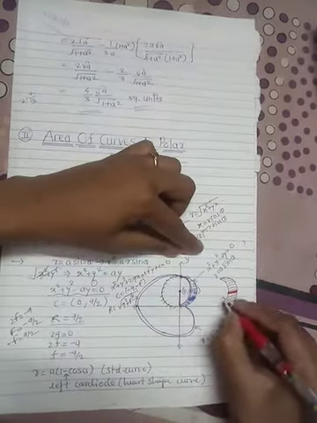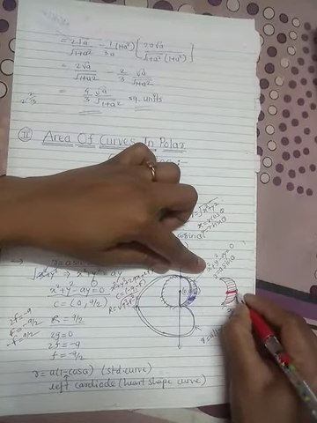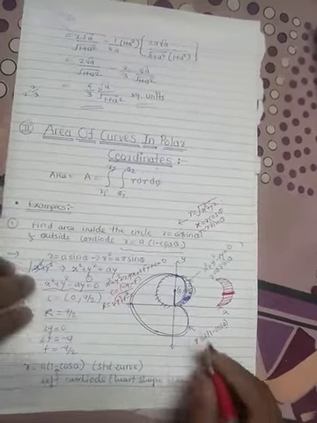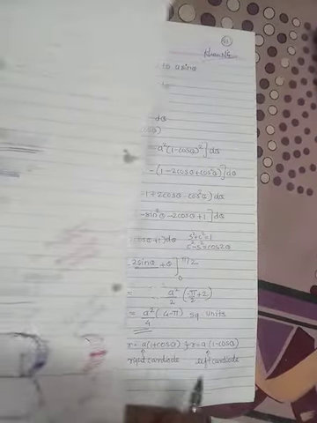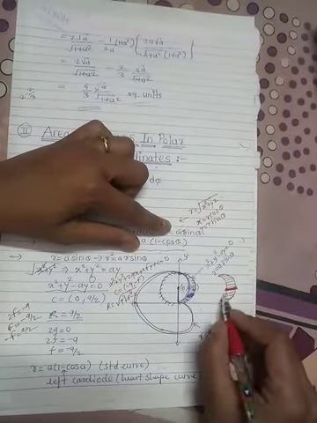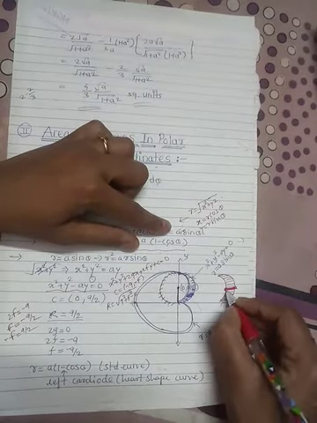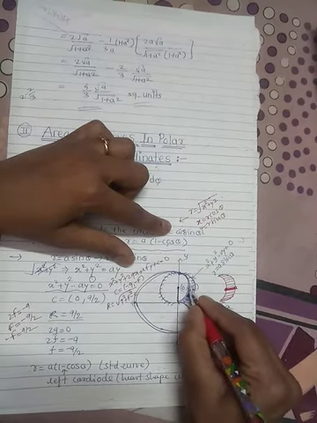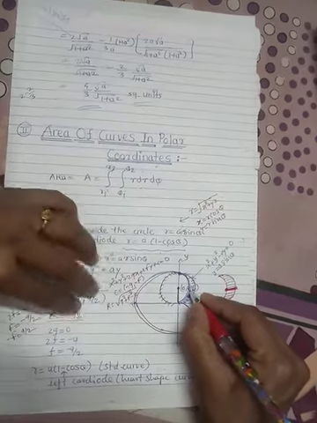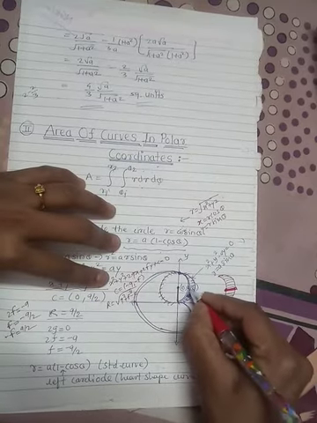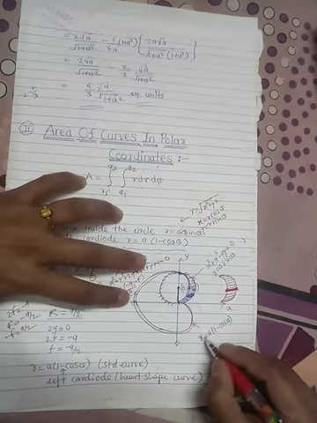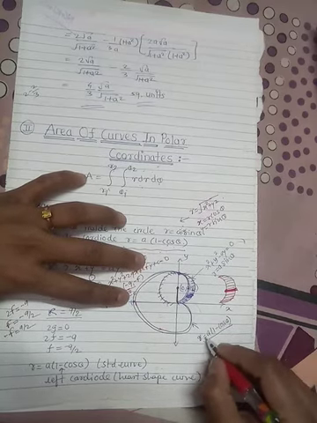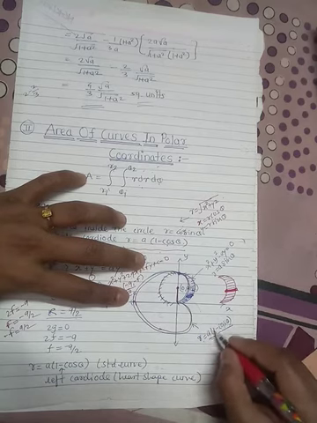Now at the end point of this radial strip, we get the r values. So here, this end is your lower limit of r, this end is your upper limit of r. This end is your lower limit and this end is on the cardioid, the heart shape curve. The heart shape curve has the equation r equal to a into 1 minus cos theta. So the lower limit of r we get directly from this equation: r is a into 1 minus cos theta.